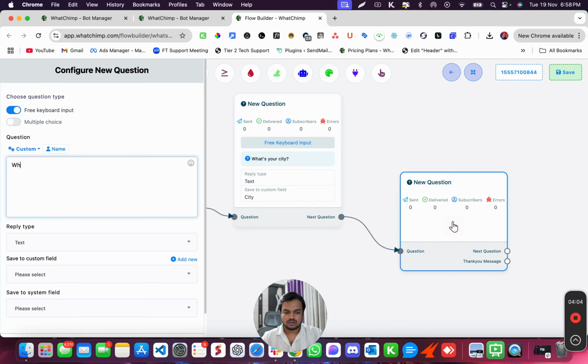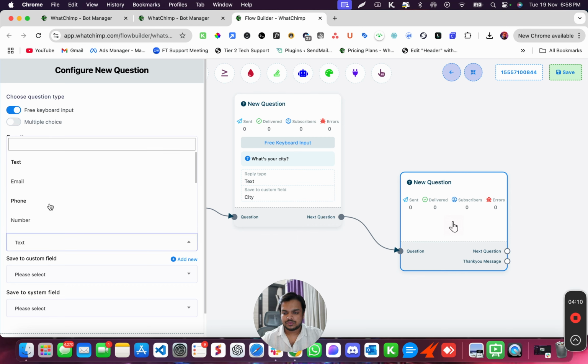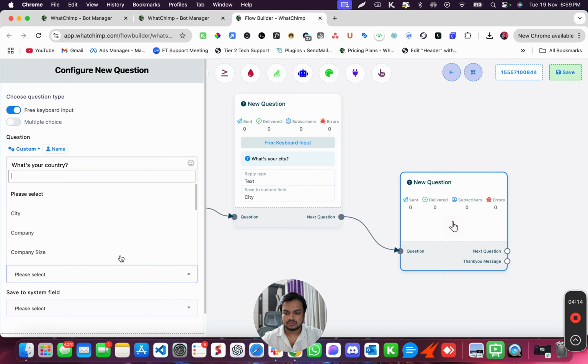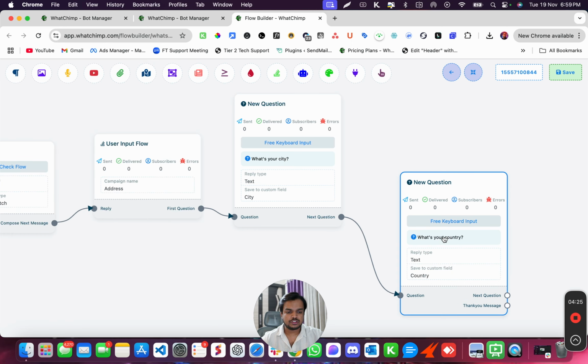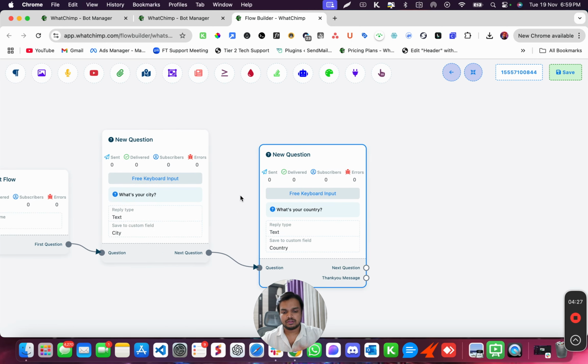So same thing, what's your country? Okay, so next thing what I'm going to do is I'm going to save this in country. Okay, I already have a country, so I'm not going to create one. So I can just simply use this and I can save this. So I've just collected two information, city, country, but feel free to collect as much information as you want,